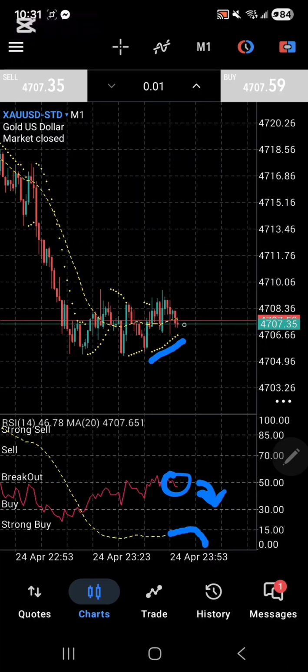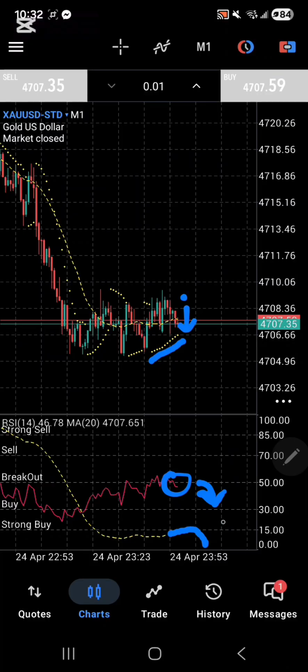So what I wait for is a trend reversal. If on the next candle a dot shows on the upper part, I am going to put a sell position the moment the dot shows up.